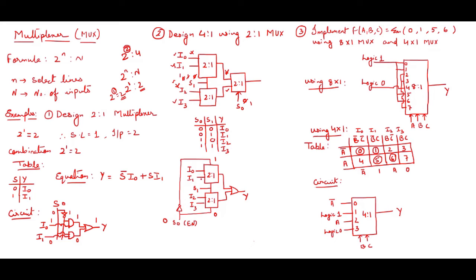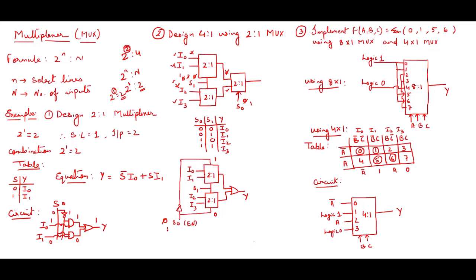So at this condition, if I give 0 1 to S1, what will happen? This 0 will be selected, because this mux is inactive, this will not respond to this 0 1 of S1. You can see the truth table over here, the same truth table. So it will not respond, only this will respond. So the data coming over here will be ORed with 0, and the data ORed with 0 will come in the output, right?